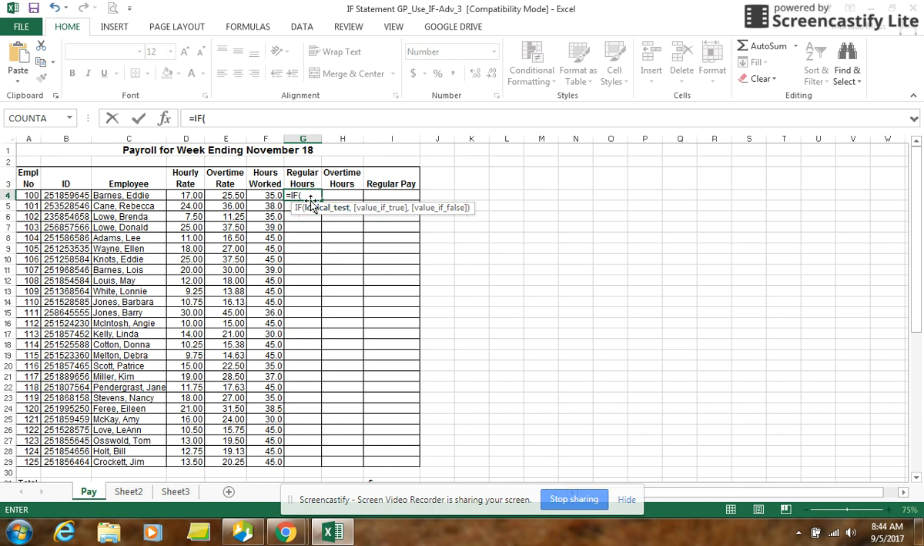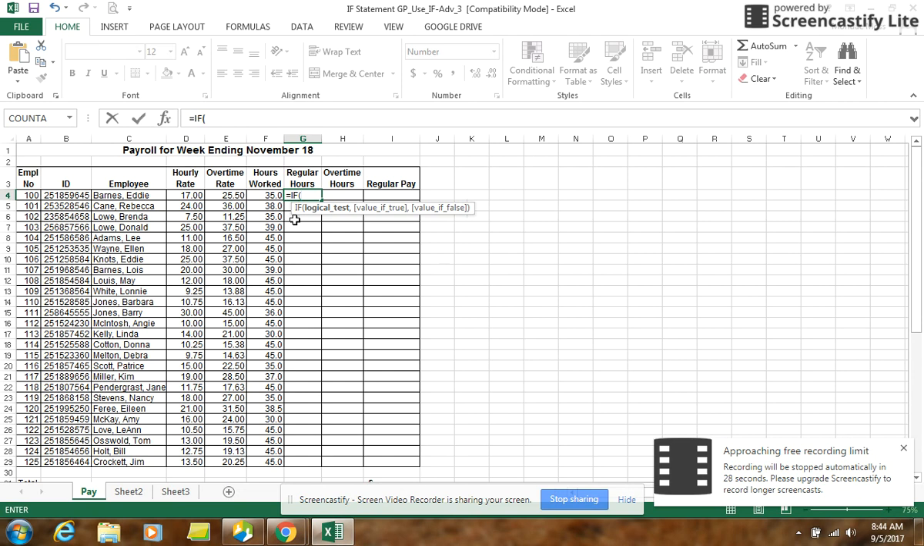So the logic for this activity is hours worked less than or equal to 40. So we must say F4 less than or equal to the number 40. And then that is our logic. If that is true, we're going to have a comma, then our if true is